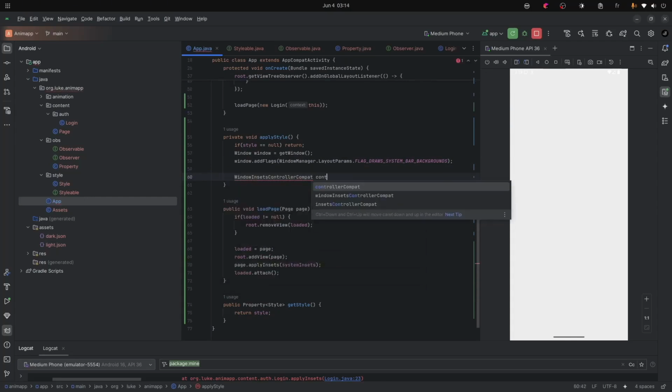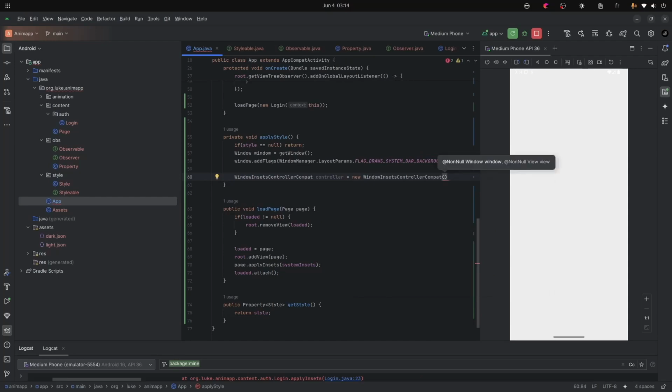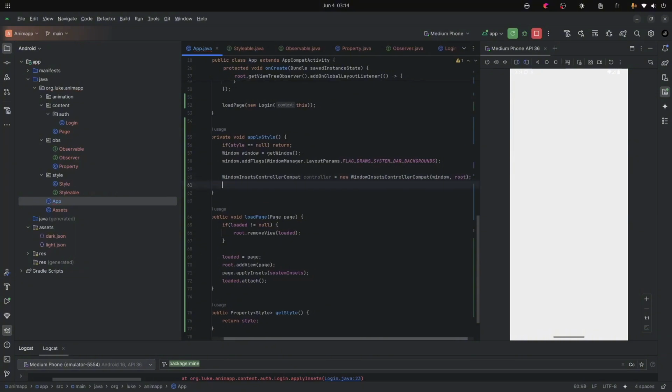We're gonna name it controller equals new window insets controller compat. We're gonna give it the window and the root,